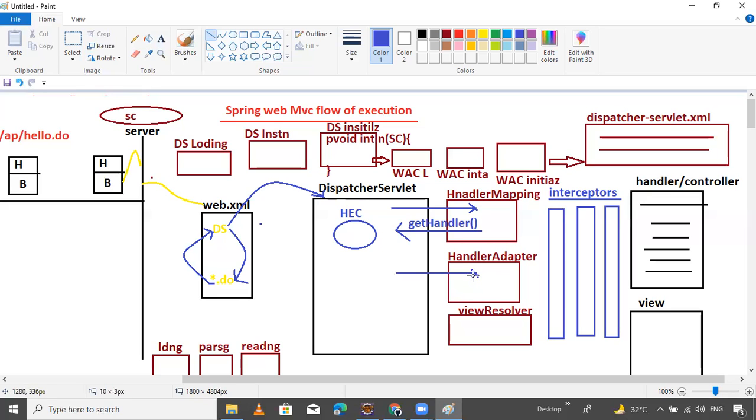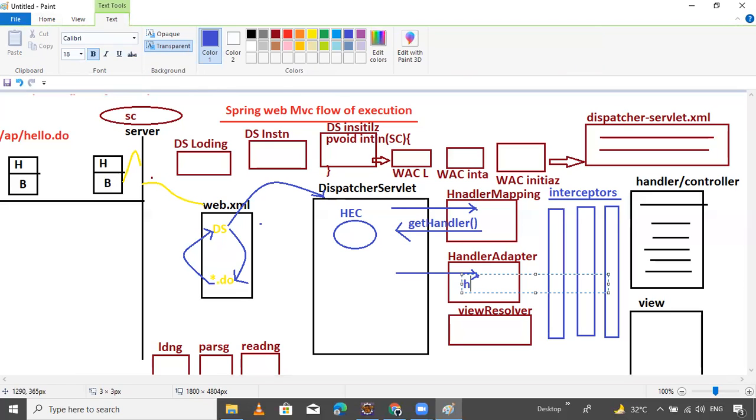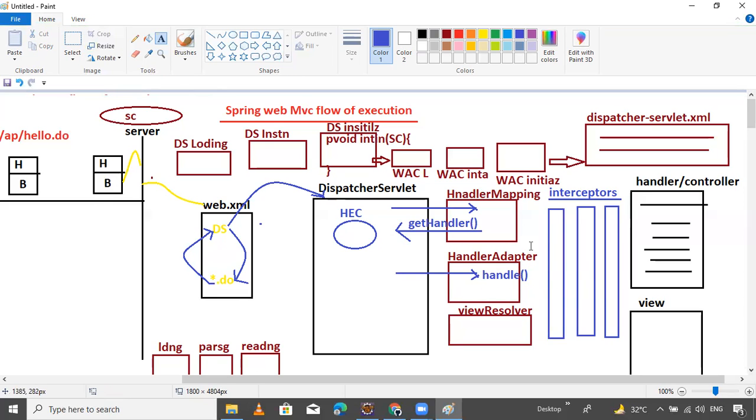The dispatcher servlet already uses the handler method that exists inside the handler.